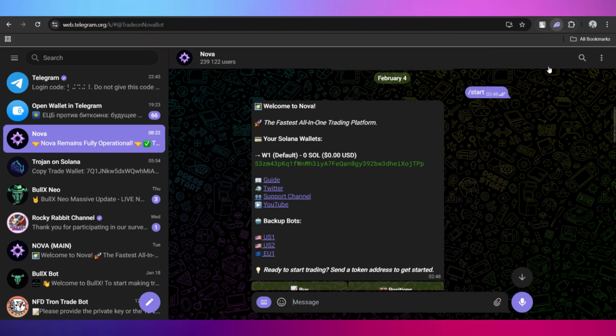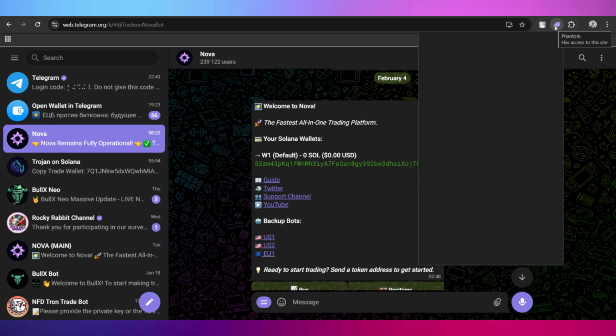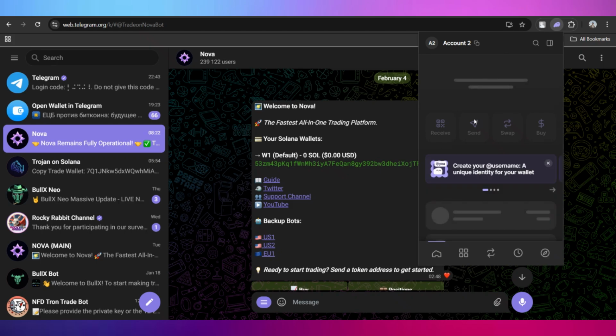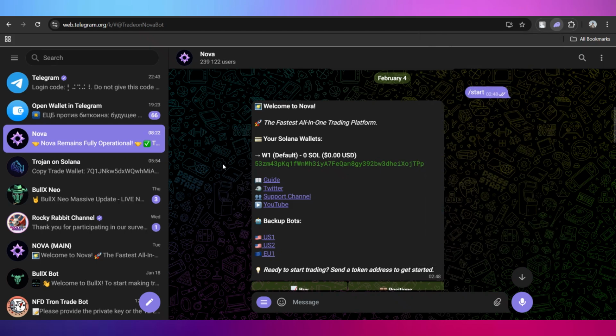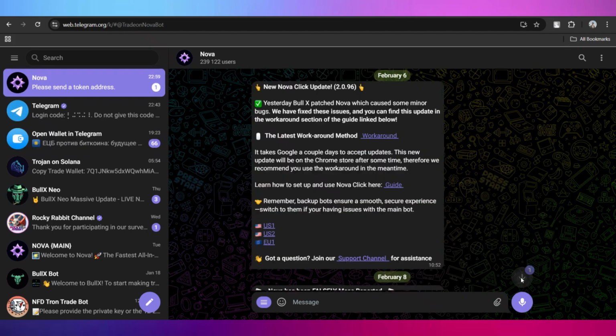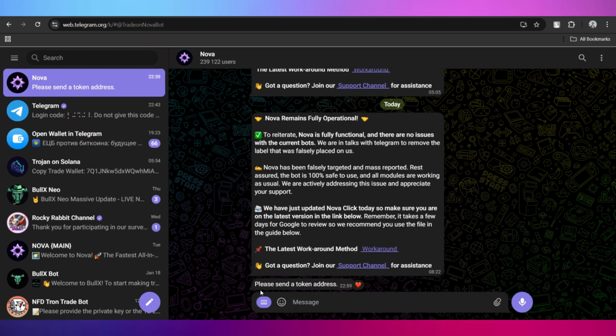What I can do is go to my Solana wallets, for example, Phantom, log into my Phantom wallet, and once logged in, I'll just copy this address and I'll go and select this send option right here, put in that address, and I can simply deposit Solana in this address. And once done with that, click on this buy option in order to buy a token, and it will ask